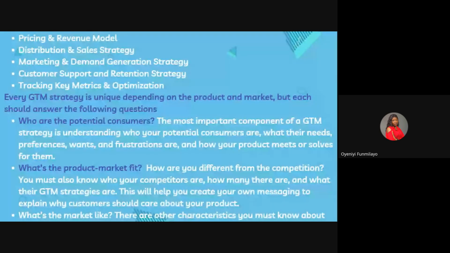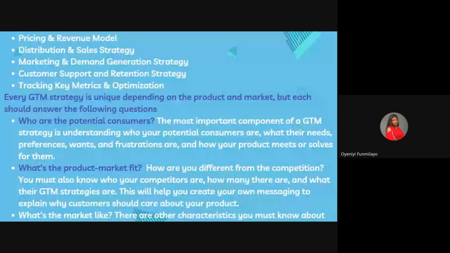Do you understand? So you need to make sure that you have a proper understanding of who your consumers are, so that you will not just put it out there for everybody and then you'll be wondering, oh, why is this set of people not buying and one set of people is buying? It's because they are not properly defined.